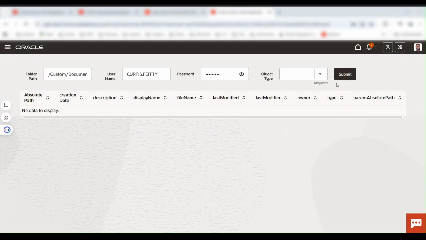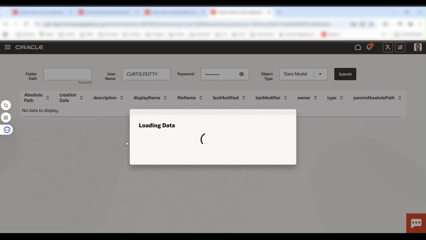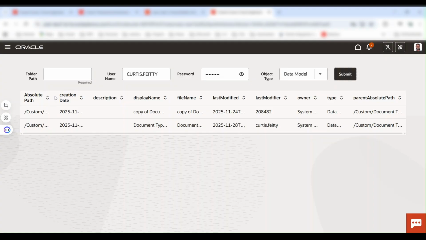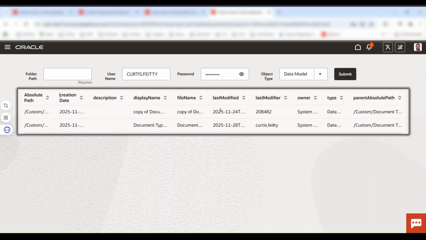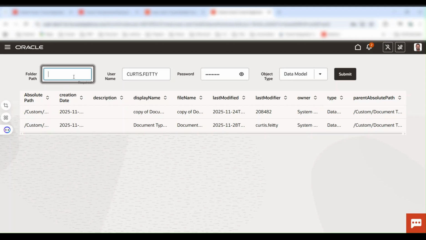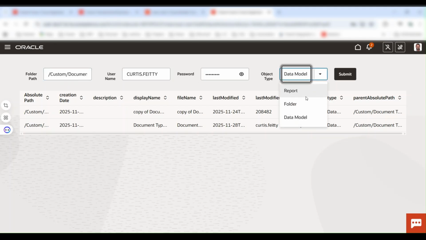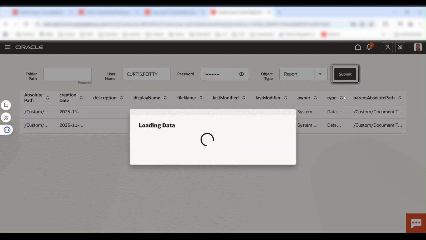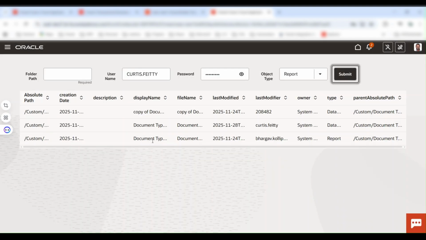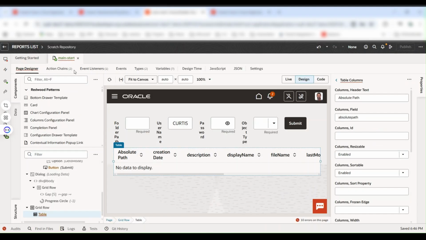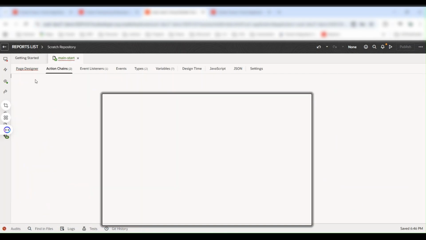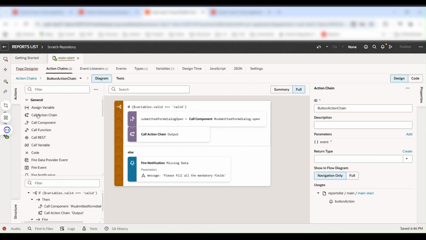Okay, we got the preview loaded. I am selecting the type data model here, not folder, and I am clicking on submit. Once I click on submit, we are able to see the data models here. See, two data models, we are getting the data. And if I paste the same path and change it to report, now we will get one more record. And why is it not changing the previous details? In the action chains of our main action chain, the button action chain, we need to place this